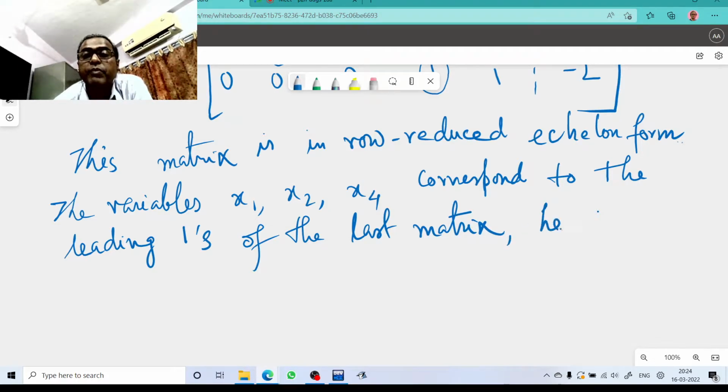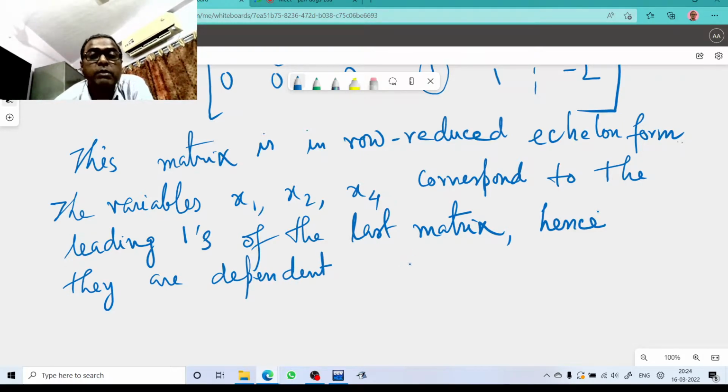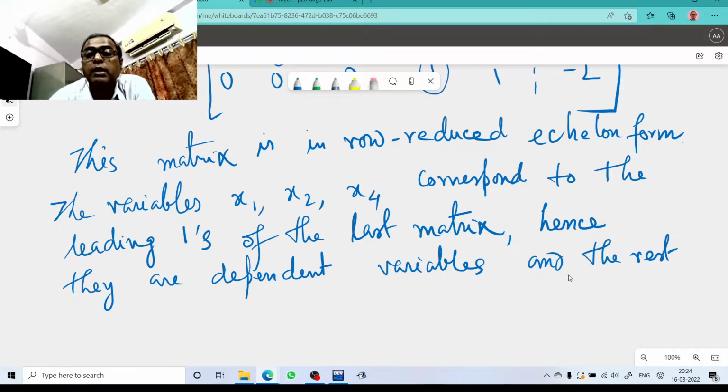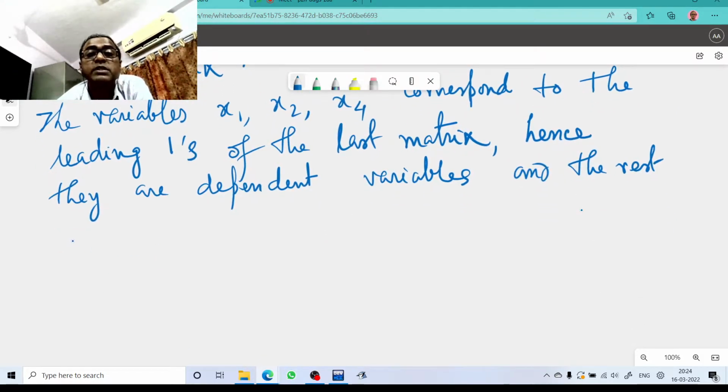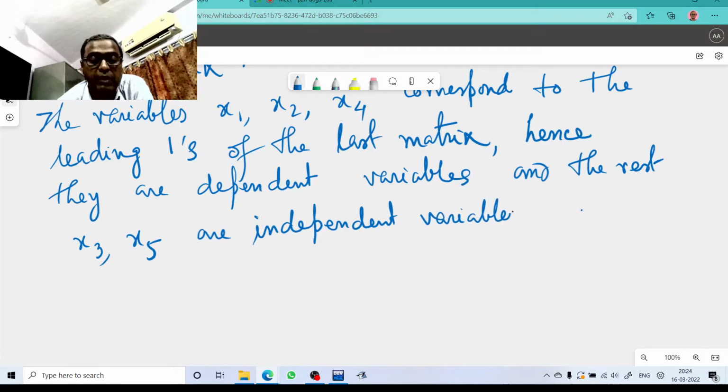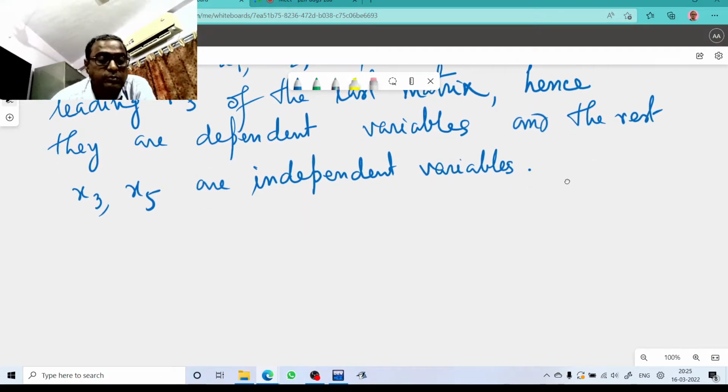Hence they are dependent variables, and the rest of the variables, that means x3 and x5, are independent variables. And from the last matrix we get